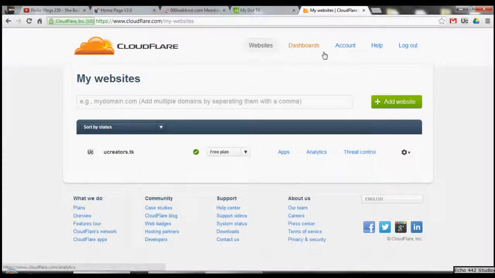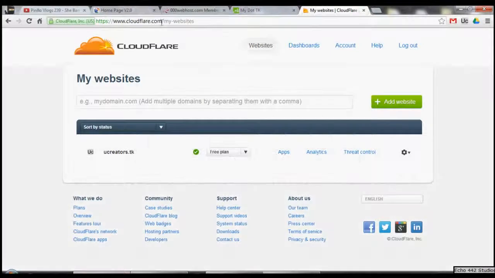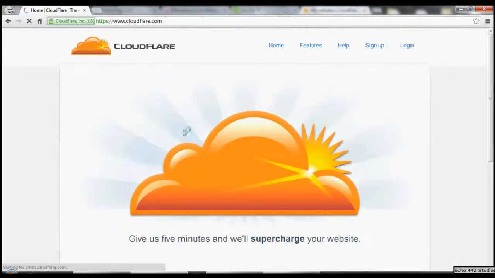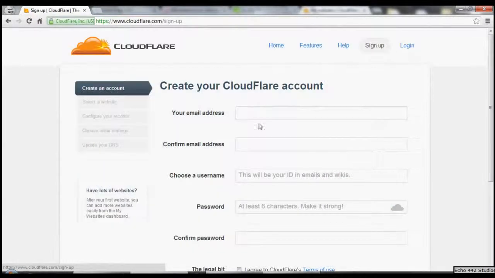You want to go over to cloudflare.com. If you haven't got an account, it is relatively simple. Just give me a sec and I'll open this up to see what people who haven't got an account have to do. Obviously you just go on to cloudflare.com, go sign up, and then you need to put in your